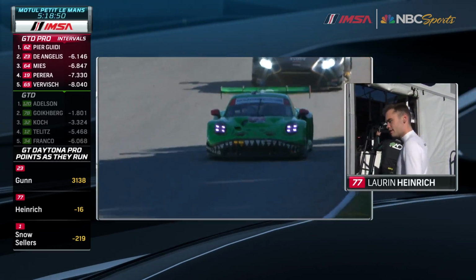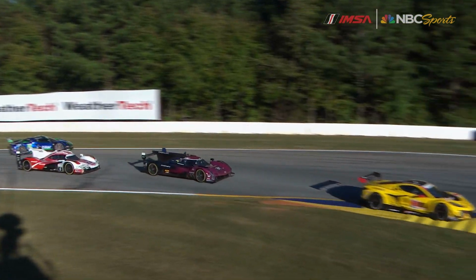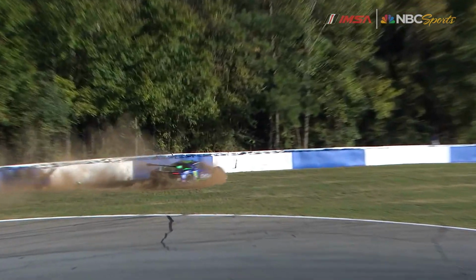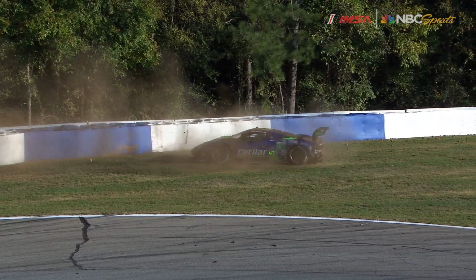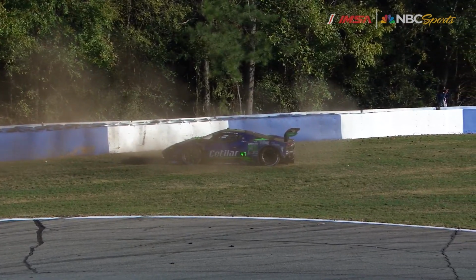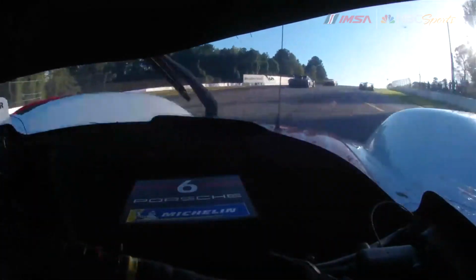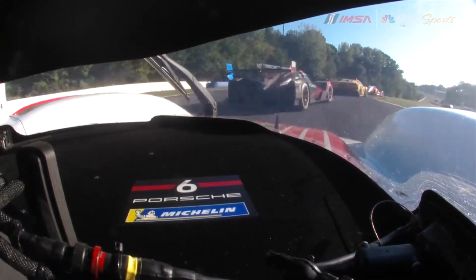22-year-old from Germany. Look. He got pinched a little bit by Tandy. And Tandy almost certainly will see that reviewed by race control. I don't know if that'll be enough to warrant a penalty. It's tough. They always put the responsibility on the overtaking driver, and in this case, yeah,